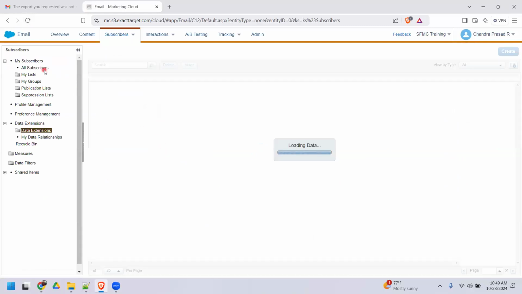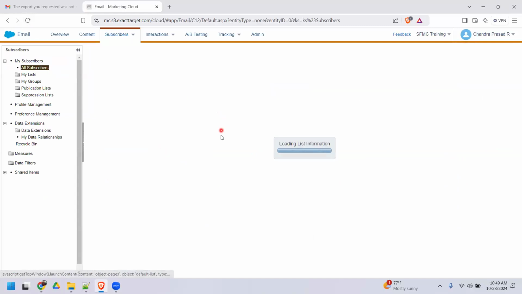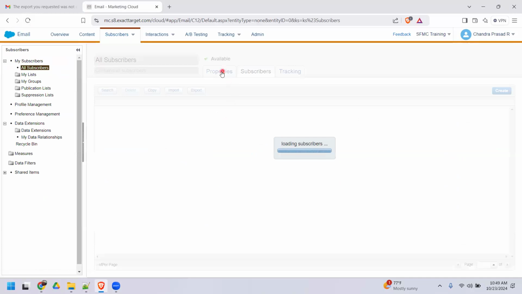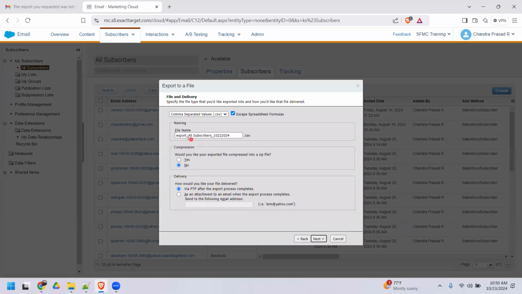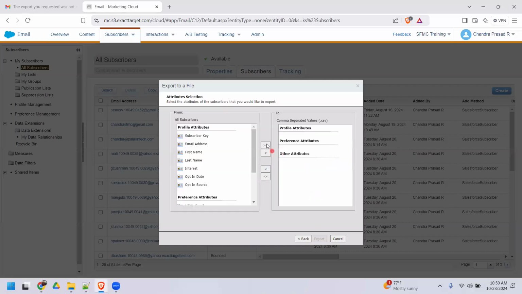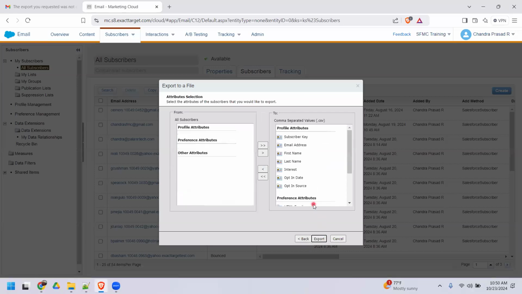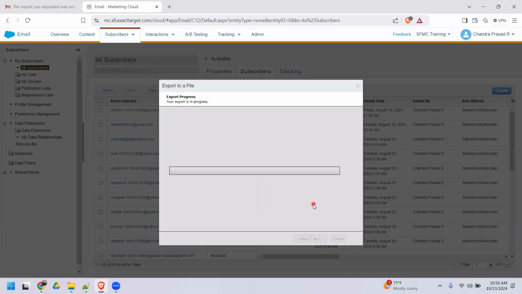So what I'll be doing now is I'll try to export this all subscribers. Don't do this in your real world implementation unless you talk to your team and get their confirmation, and very rarely we do this. This is my all subscribers export, which will be into FTP. Next, if you don't have access to FTP, get the access to FTP from your admin. So once this is exported,